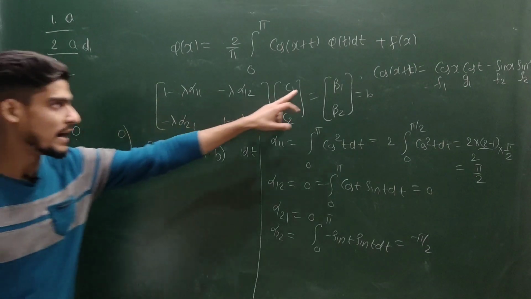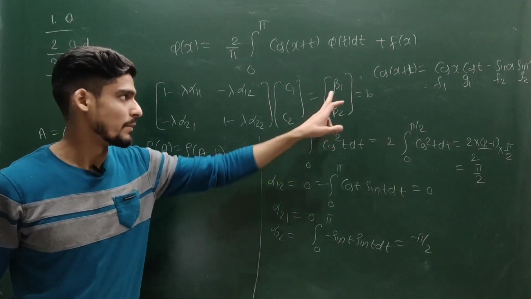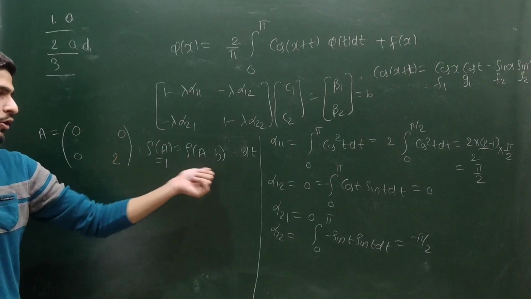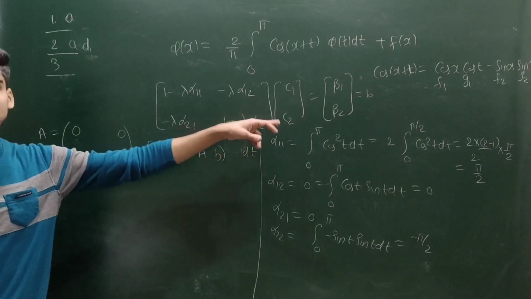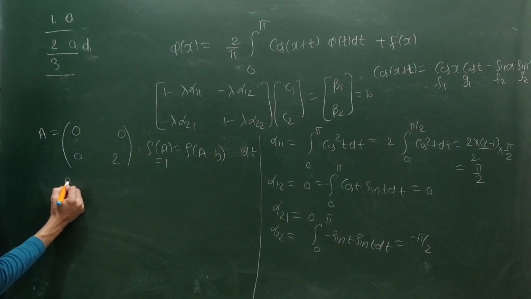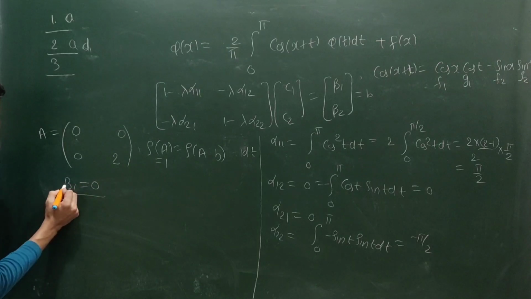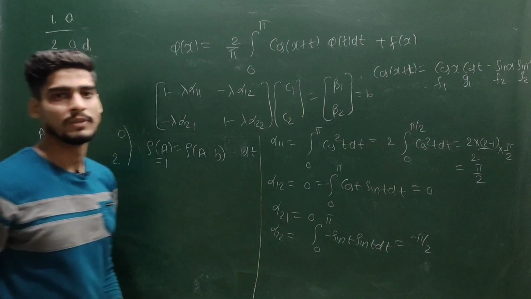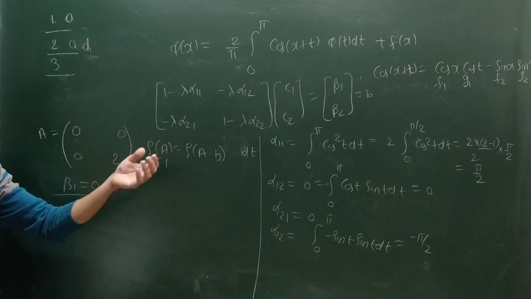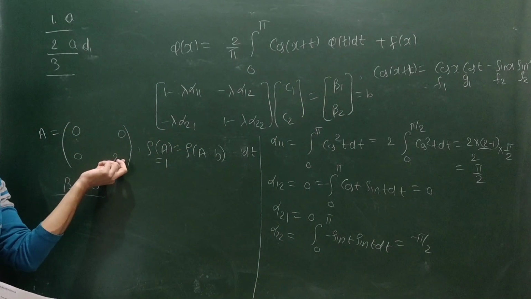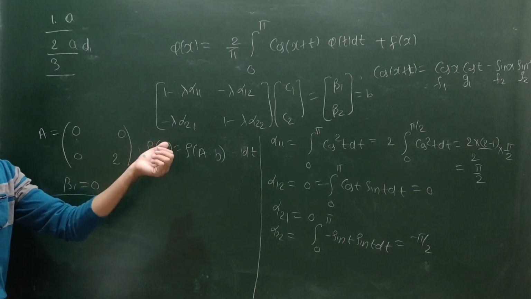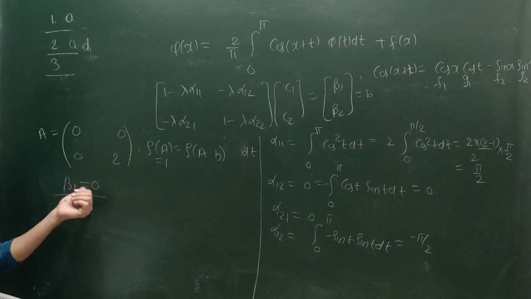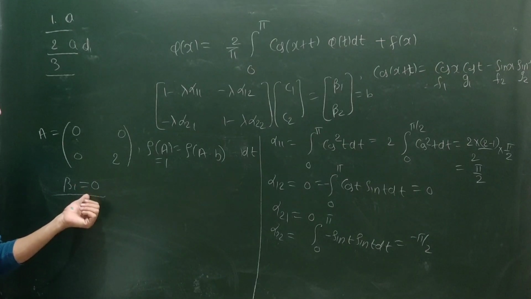So what I need is that my beta 1 should be 0, because if my beta 1 is non-zero, rank of the augmented matrix will be 2. Then I will not have any solution for C1 and C2. So beta 1 should be 0, and there is no restriction on beta 2. If your beta 2 is non-zero or 0, that will always be linearly dependent on this column. So if you add any linearly dependent column to this matrix, then rank will be unchanged. So I need beta 1 to be 0 for infinitely many solutions.